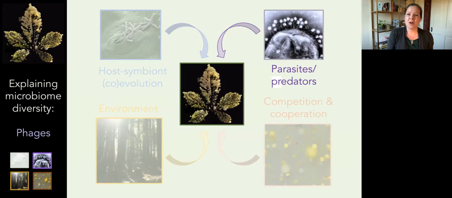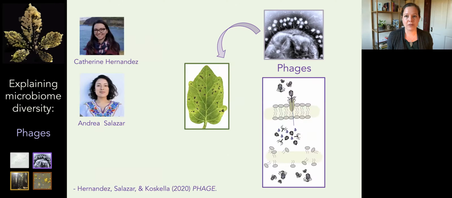Okay, so most of what we do in my lab is actually focused on these two top ones, so I'm going to spend a little bit longer here. I'm going to start with phages and tell you two short vignettes about phage. The first one is a simple story about how phages might shape disease progression. So leading off of what we just saw in terms of defensive symbionts, now moving from competitors to parasites.